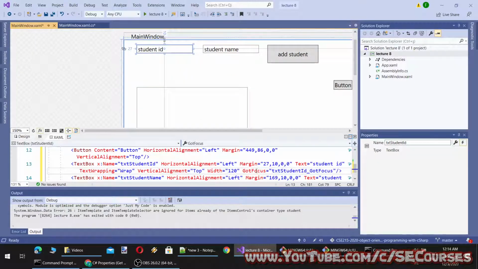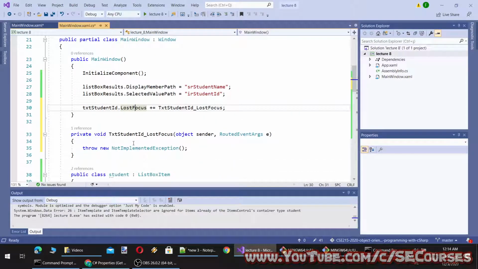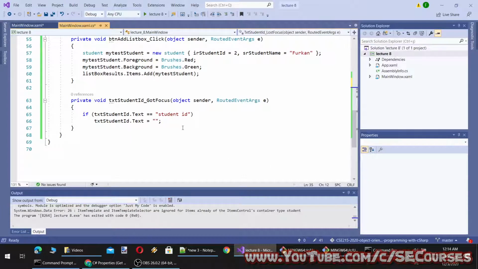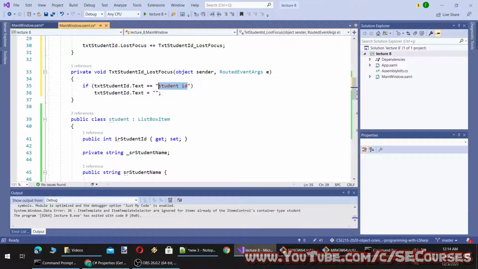You see we have used the event binding here. So whenever the lost focus event happens, it is triggered, it will get inside of this method, and this method will do exactly like this. Okay, is null empty and 3.